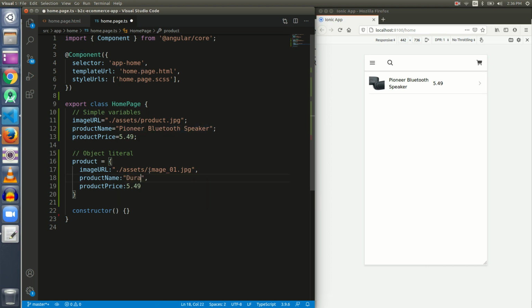Let me give it Duracell, and the cost to 10.49. Now in order to use these values inside an iron item, we need to refer to this property. These are properties: image URL, product name, and product price. We need to refer to them with the help of this product literal, product variable. So I will have to specify there product.image URL, and then the HTML file will be able to fetch values